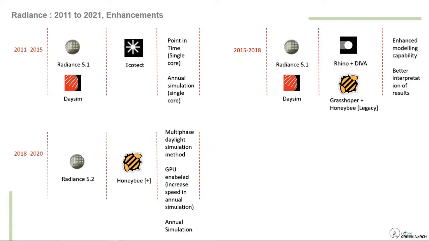So coming to 2018, there was a big announcement in Radiance: the Radiance 5.2 version and also the Honeybee Plus version, which was an open source project, and till now it is open source, and both are working on an open source project. The main enhancement that Radiance 5.2 brought was, one, that we can do annual simulation with Radiance. DaySim was not needed anymore for annual simulation, because Radiance with Honeybee made it possible to accurately model daylighting in the annual aspect. Next, GPU enabled